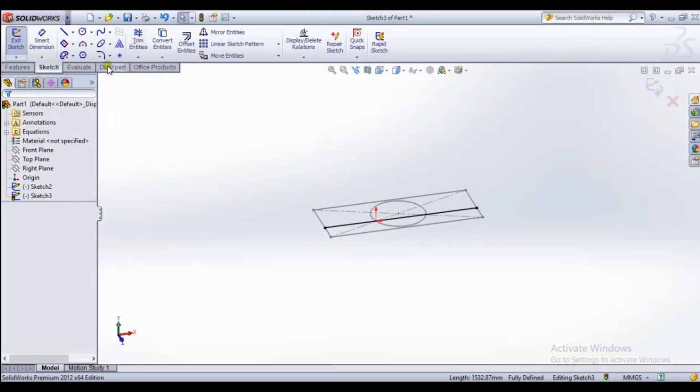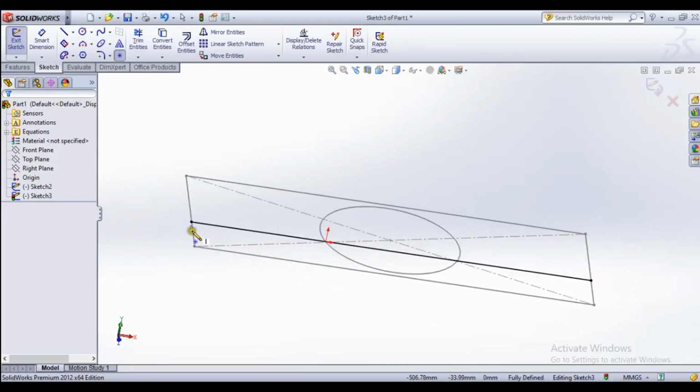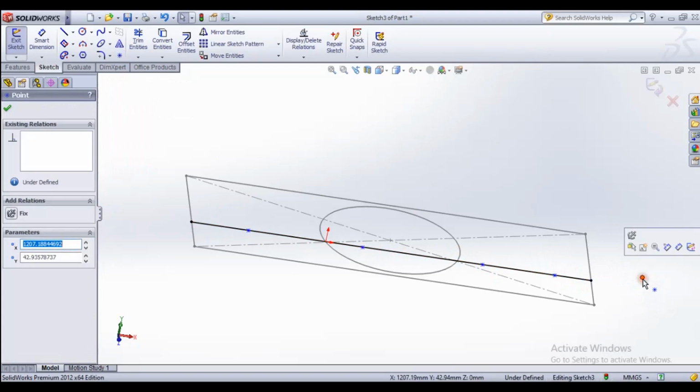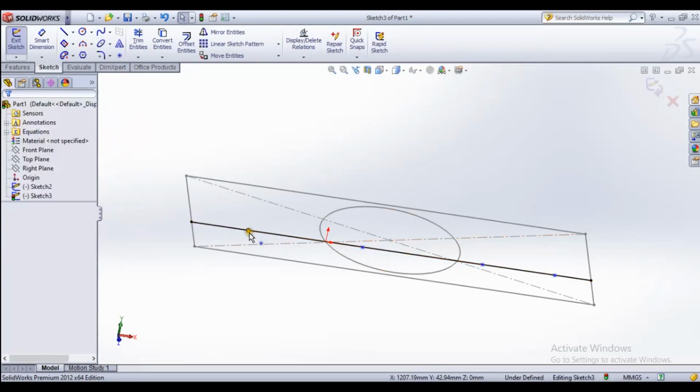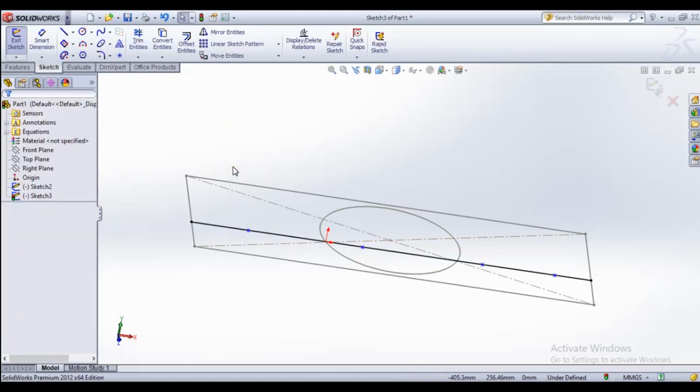And with these simple tools, there is something important. When we take a line, it only has 2 points. A line has 2 points only, first start and end. If I need to divide this line into points, I can divide it by taking these asterisk marks like this. You can see it's dividing by these points, by these asterisk marks.